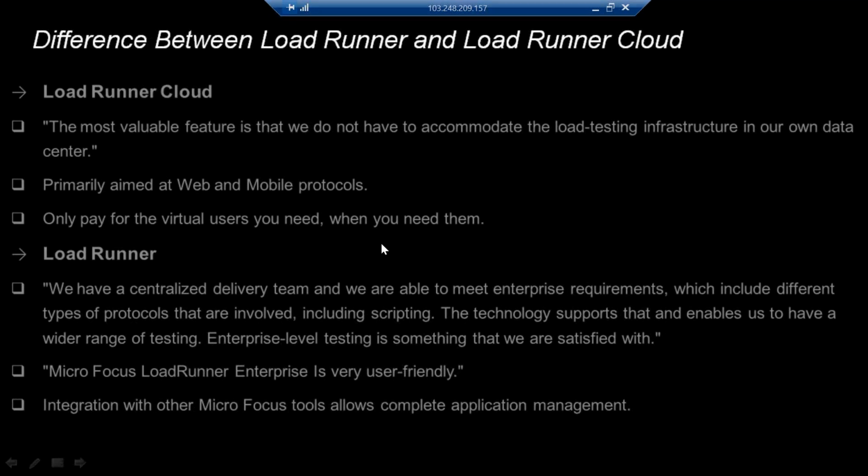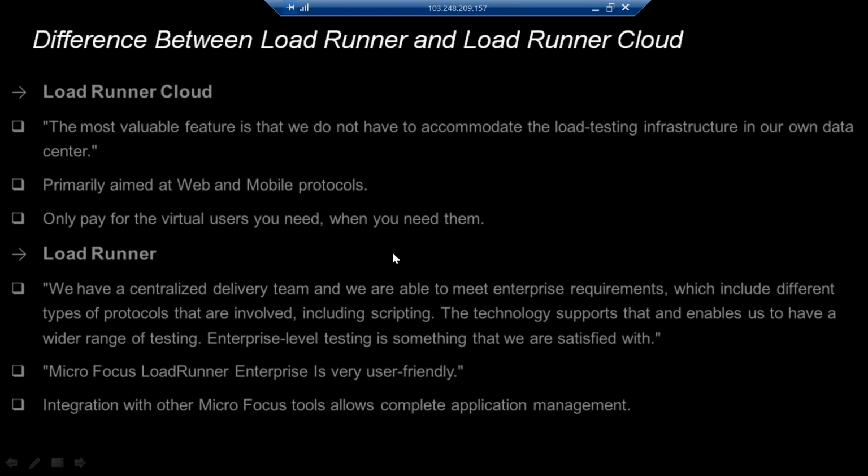These are the major differences. Loadrunner is more effective and satisfying at an enterprise level, but while running the test in the cloud, it is not our own infrastructure; it's built on AWS and Azure.